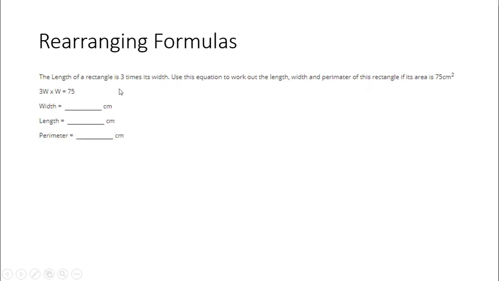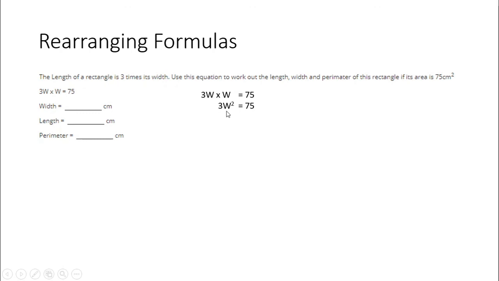So the equation for the area of a rectangle is length, which is 3w, times width, is equal to, and we're told the area, 75. So to work this out, we need to simplify this, get W on its own, and find out what W is, so we know what the width is. So 3W times W equals 75. 3W times W, you should know when you do W times W, that makes W squared, so this is 3W